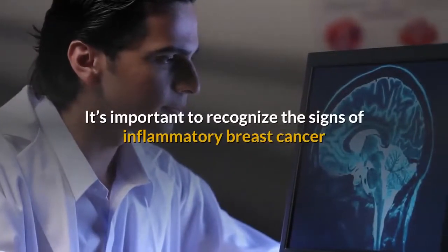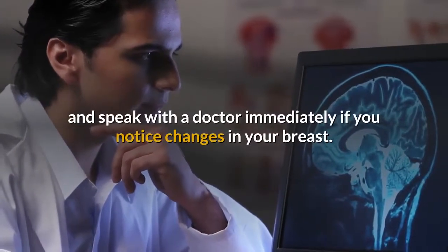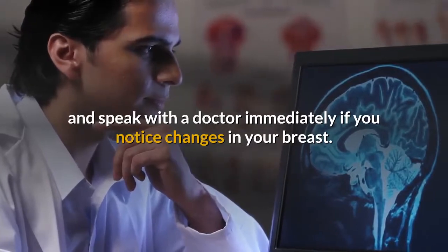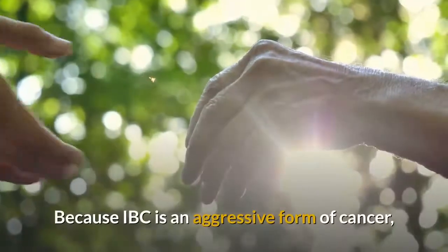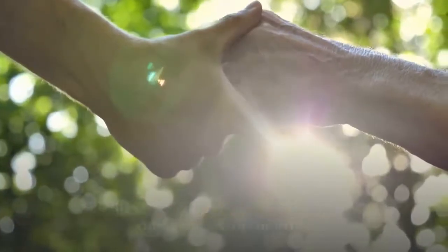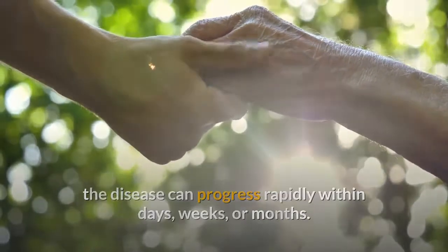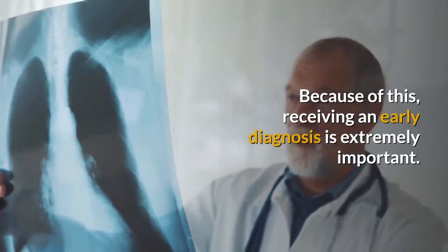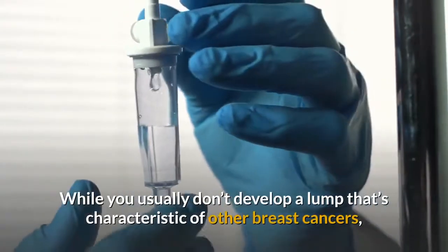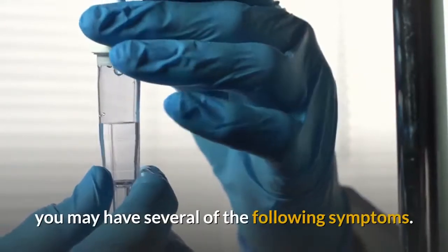It's important to recognize the signs of inflammatory breast cancer and speak with a doctor immediately if you notice changes in your breast. Symptoms of inflammatory breast cancer. Because IBC is an aggressive form of cancer, the disease can progress rapidly within days, weeks, or months. Because of this, receiving an early diagnosis is extremely important. While you usually don't develop a lump that's characteristic of other breast cancers, you may have several of the following